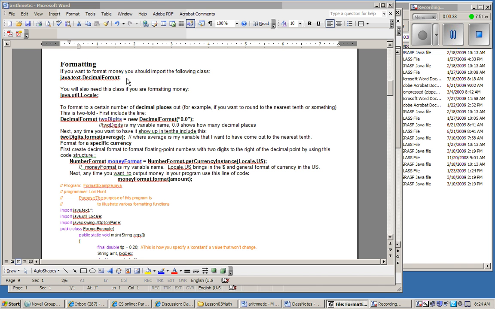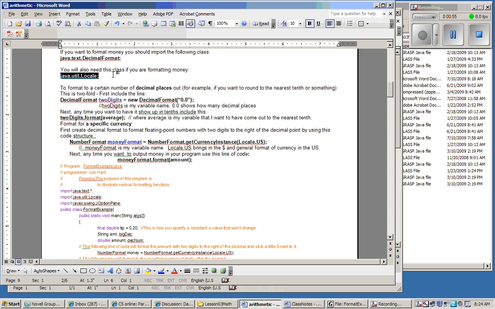So some important things to note about formatting is that you'll have to include or import these two files from the API. Otherwise, it won't work, and that would be a bummer. So make sure that those two things are imported. And then it's basically a